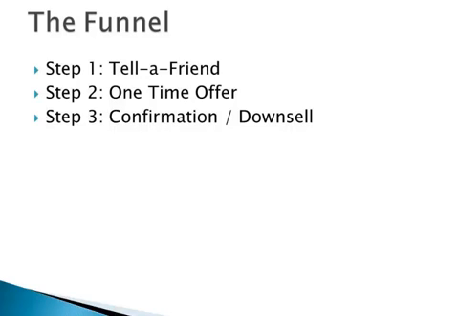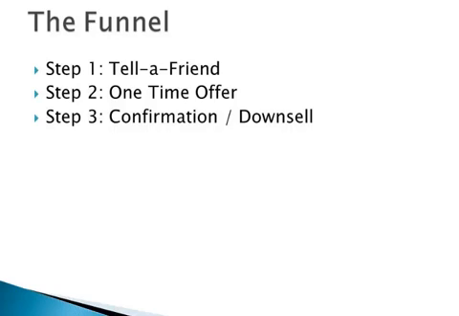There are 3 steps that happen in a sequence as soon as a visitor enters his name and email address into your opt-in form and clicks the submit button. He will be redirected to the next page, to the first step called Tell a Friend, where he will make his first yes or no choice as to whether he wants to tell his friends about your website or pass it up.